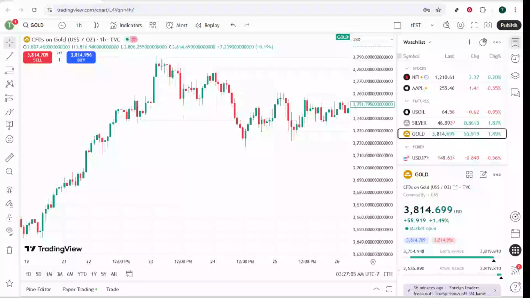In today's video, I'm going to teach you how to trade directly on TradingView using an OANDA account. This process not only streamlines your trading workflow, but also provides you with access to a wide range of advanced charting tools and real-time updates, all in one place. Whether you're new to trading or looking to enhance your existing strategies, this guide will help you leverage the best